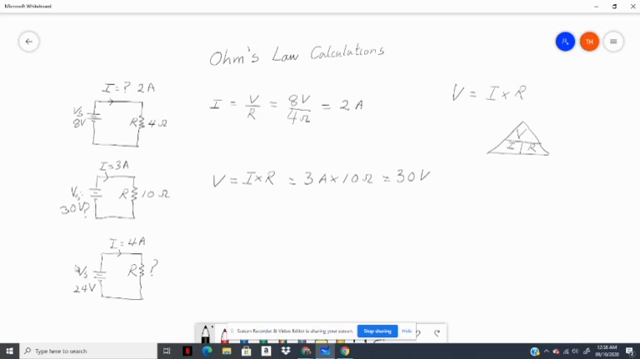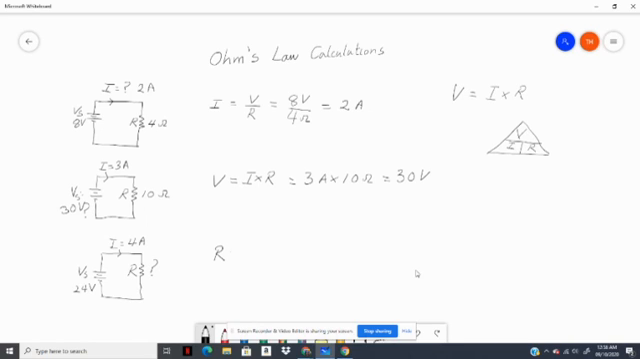And finally, for this circuit, we have a known voltage supply of 24 volts. The current is 4 amps. The resistance is unknown. So let's find the resistance. So using the memory aid, resistance would be voltage divided by current. So we write